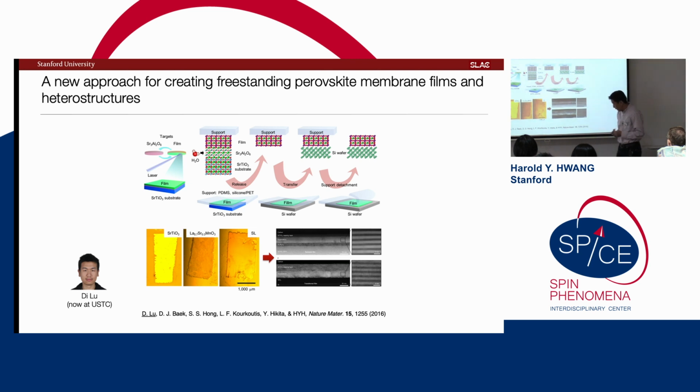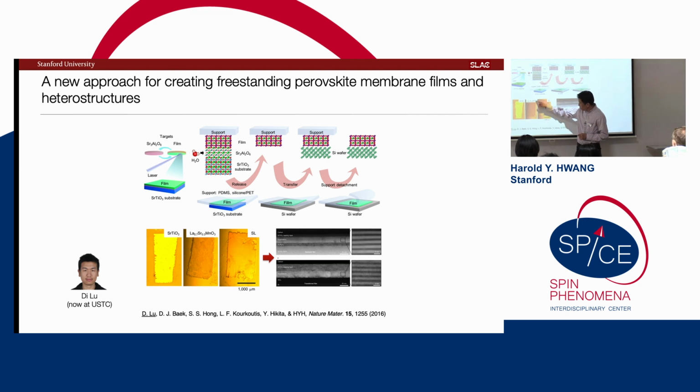Genuinely, like I said, we've been trying to do this in various ways. This was Dee's insight. He's now faculty at USTC. This is from his first paper, where one of the key advantages, among many headaches, is that if things go well, you can get very large area membranes on the scale of a research substrate. This is a millimeter scale bar. You can make heterostructures and superlattices, then release them and play with them in this freestanding form.